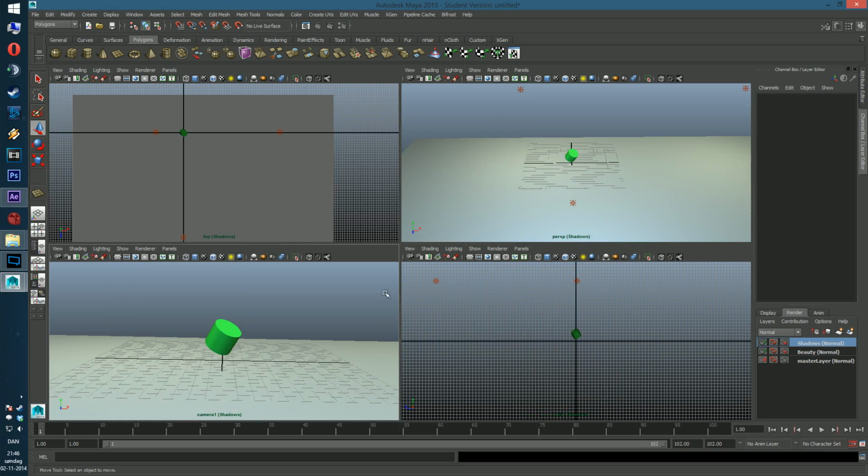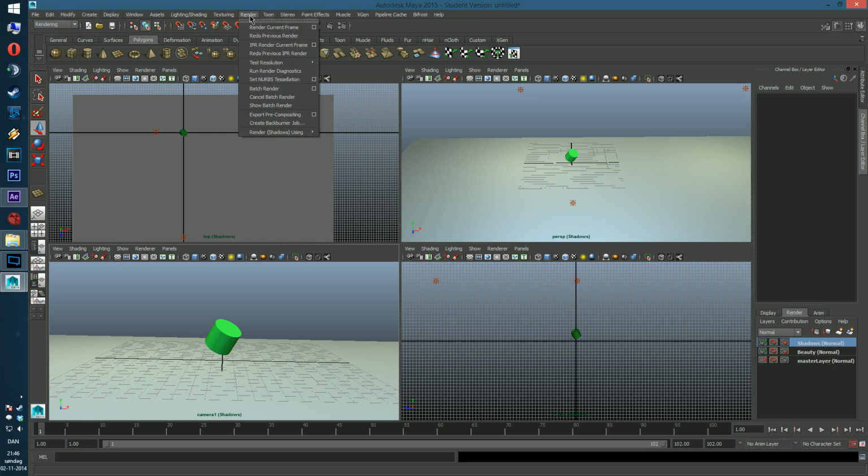And now we are ready for rendering. We're going to use the batch renderer, which will be selecting and rendering these two because they have the check mark, beauty and shadows. So up here where it says polygons probably, we select rendering. Then there's a rendering tab now where we can select the little square here along with batch render,